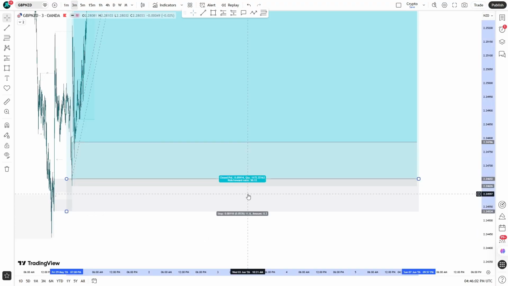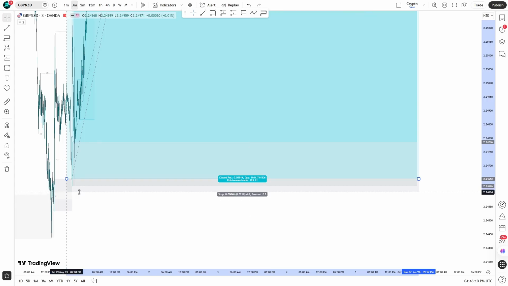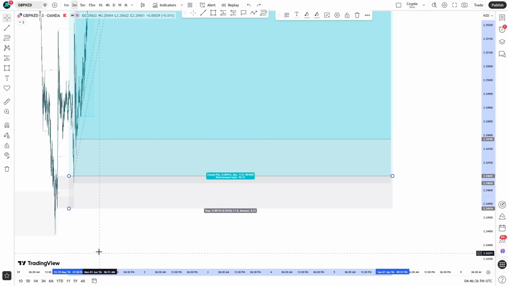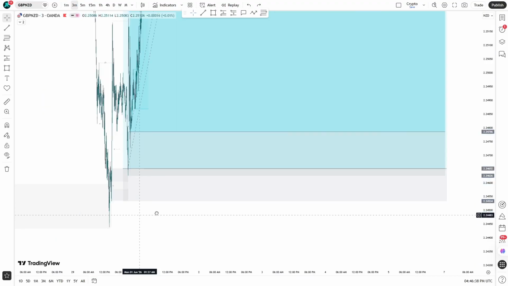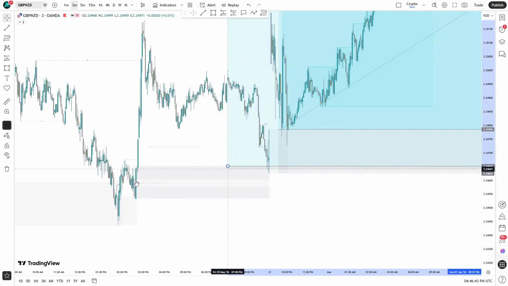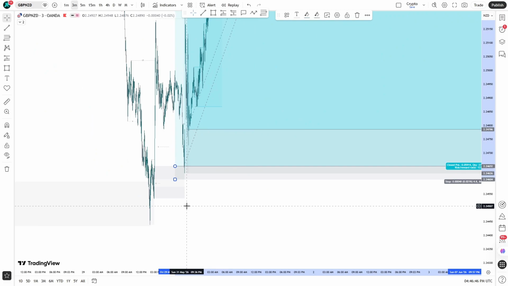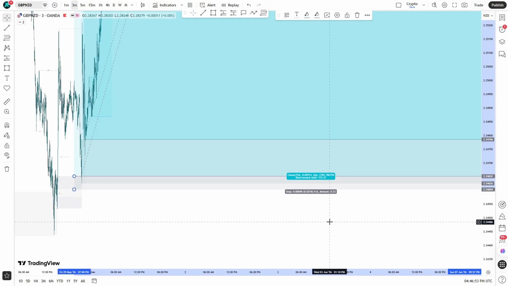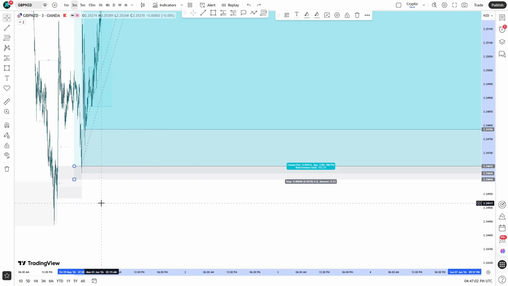of 1:50 risk to reward ratio. So assuming we refined it to that point, what will it give us? What it will give us is 1:50 risk to reward ratio. Let me refine it. So assuming we refined it, this is what it will give. To give us a total of 1:126 risk to reward ratio. That's what it would have given us if we refined it to the 3 minutes. But since we are going with the 15 minutes,